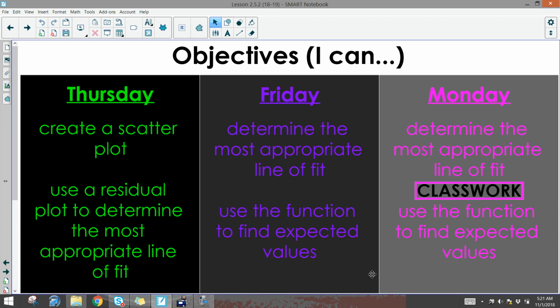And then on Monday, you won't have any new stuff. Monday's just going to be a classwork day. You'll have a worksheet so you can make sure that you captured everything that you were supposed to from Thursday and Friday, going into our review week next week with the test next Friday. So with all that being said,